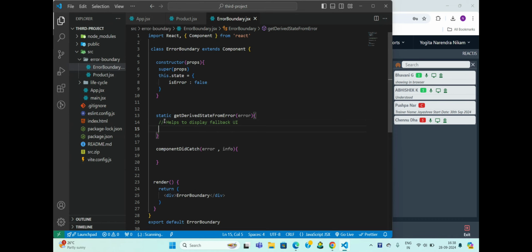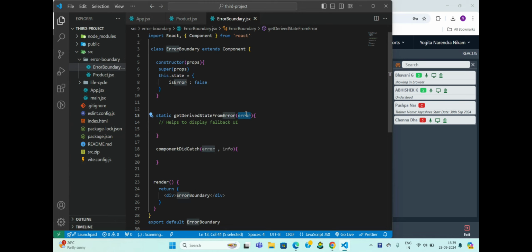And what this method does, as soon as this component, the error boundary, finds that there is some error, the error will be taken and it will be passed inside getDerivedStateFromError. You can see here there is a parameter as error. So what will be passed here? Whatever error has occurred in your application, that will be caught by this error.